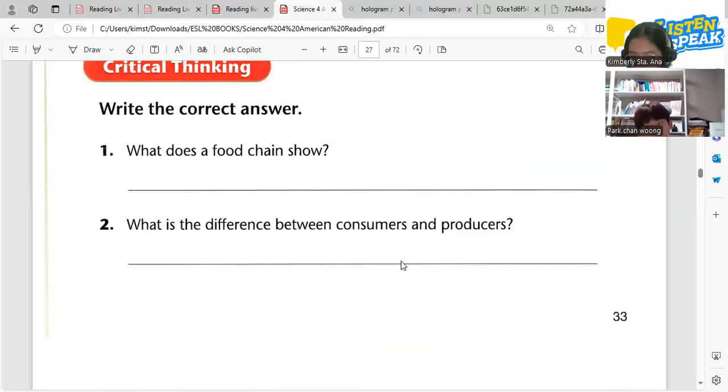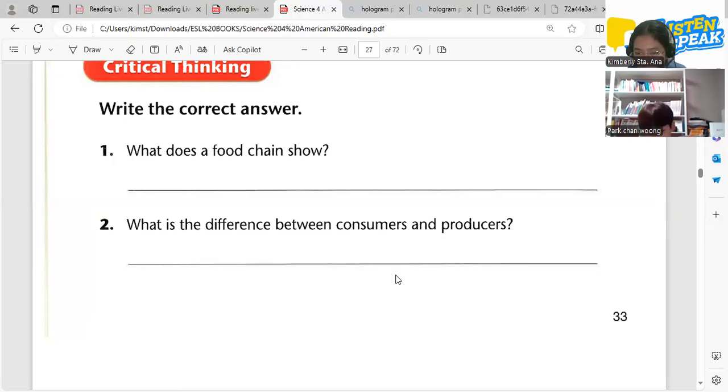Okay. Number one, what does a food chain show? What predator eats what? True. So, in other words, a food chain shows us how food flows in the ecosystem from a smaller animal to a bigger one.